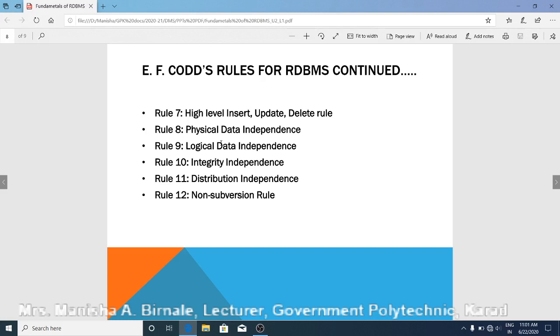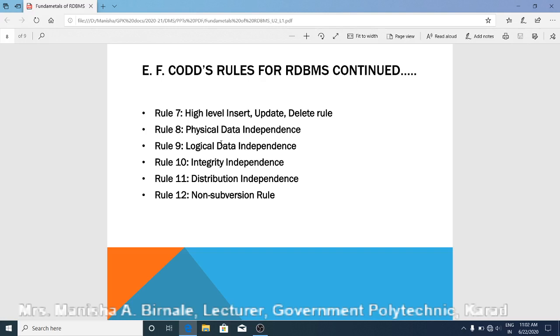Similarly, rule 9 is the logical data independence rule. The logical data in the database must be independent of its application. So if any changes are made to the logical data, it must not affect the application using it. For example, there are two tables T1 and T2, and the database designer merges these two tables.